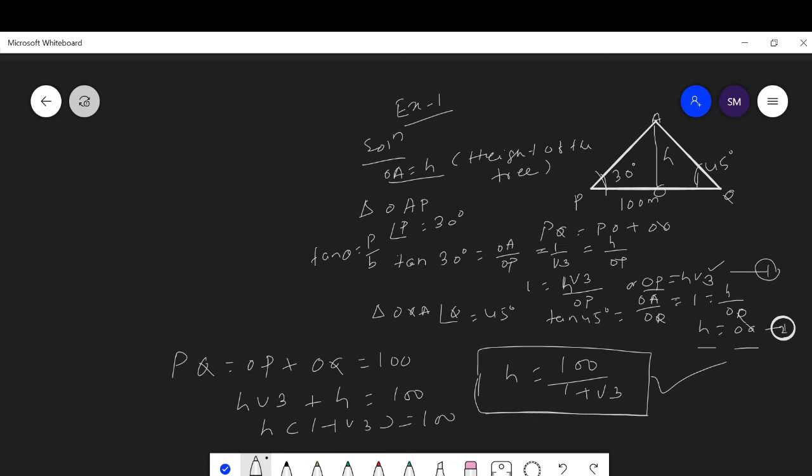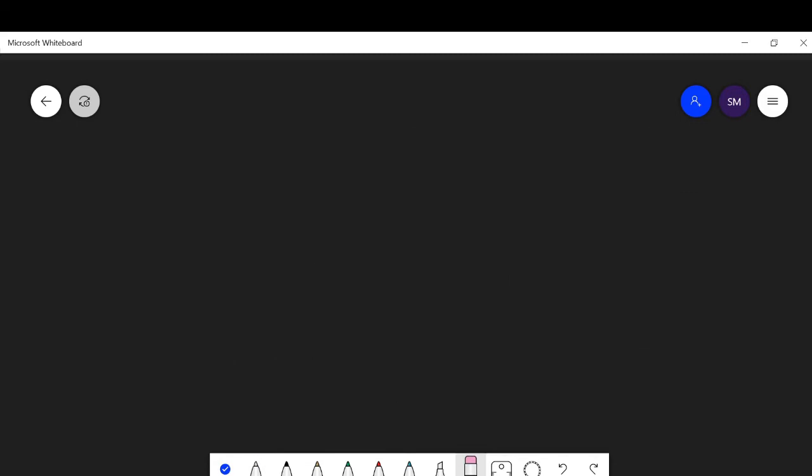Then we will discuss another question. Please students, practice your worksheets regularly and ask me your doubts. I am ever ready to clear all your doubts. Only knowing theory is not sufficient. Please students, practice your exercises. Here let us discuss another example. As you practice a variety of questions, it will be helpful for you in your exam paper.